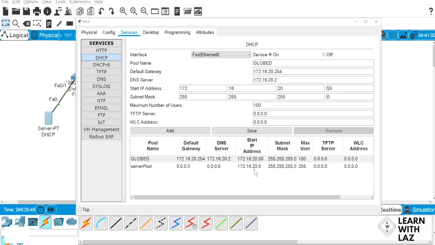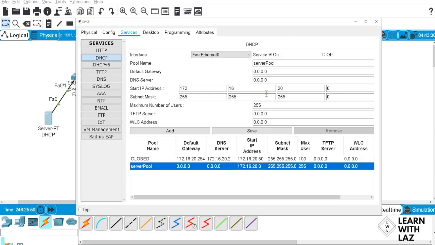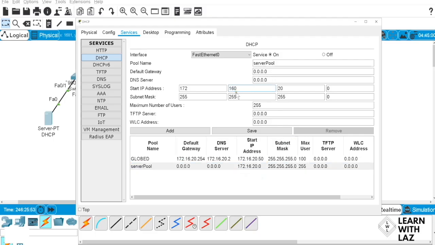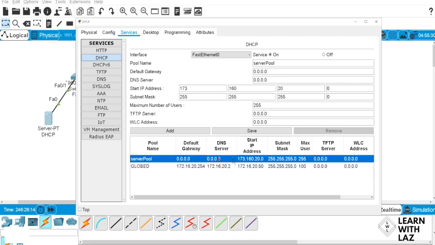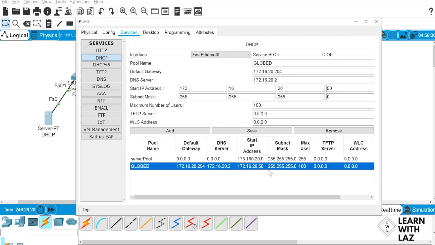All right, but one of the things that I have found with Packet Tracer, and you see it's kind of the same thing in the server pool, the default, you may want to change this to something completely crazy and different, 173, there you go, so the default server pool won't have a conflict with our pool. So this is the pool that we want to use, okay? I don't think you can remove it. No, you can't remove the one that's there. So this is the one that we want assigning, not this one.